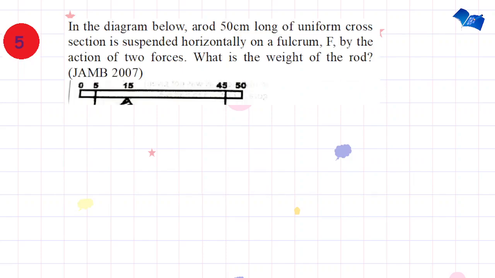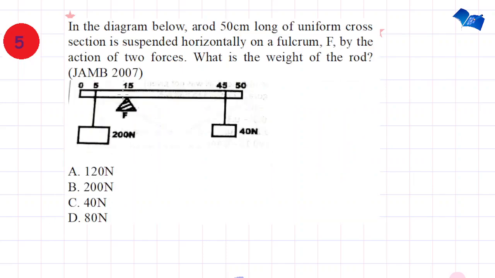What's the next question on the most repeated topics? In the diagram below, a rod 50 cm long of uniform cross section is suspended horizontally on a fulcrum F by the action of two forces, right? What is the weight of the rod? This is taken from JAMB past question 2007. Okay, this is on the topic equilibrium of forces. So you can see that we are being asked what is the weight of the rod. Okay, so from equilibrium of forces, you know that the weight of the rod acts at the center for a uniform solid like this, right? So if that is the case, if we redraw this diagram,